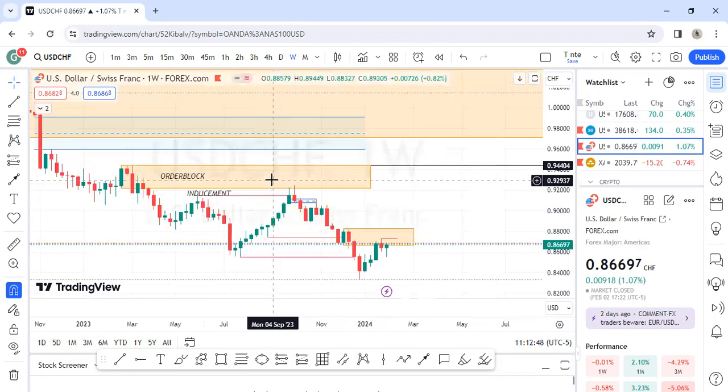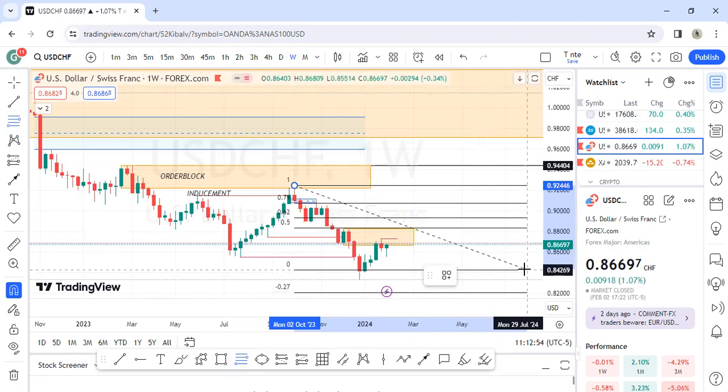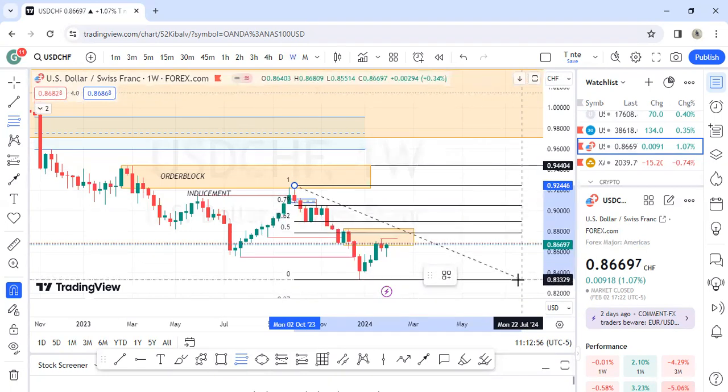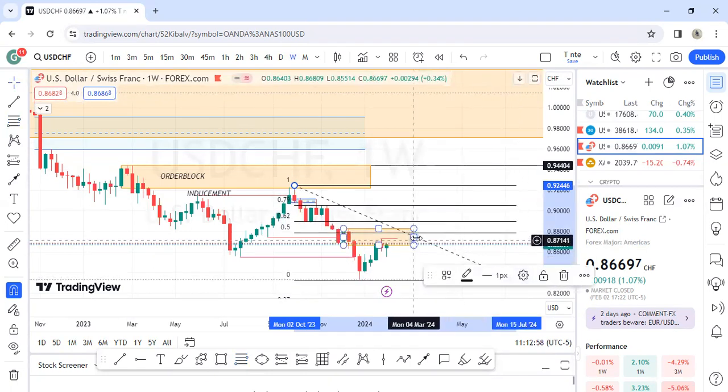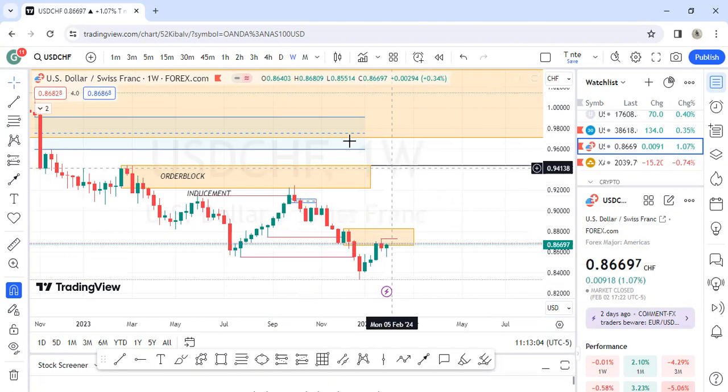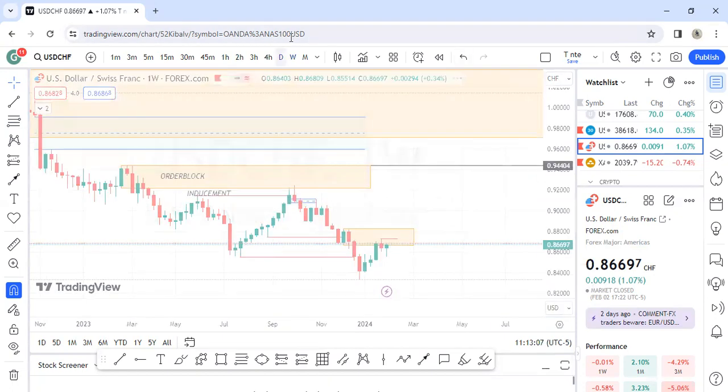Right, let me just quickly check if we have hit the discount level here. Let me draw from that dynamic swing high to this swing low. You can see that we are very far from the 50%, so we are not at the premium yet. So the market should likely push up at least to that 50% level. So I'm bullish for USD CHF.